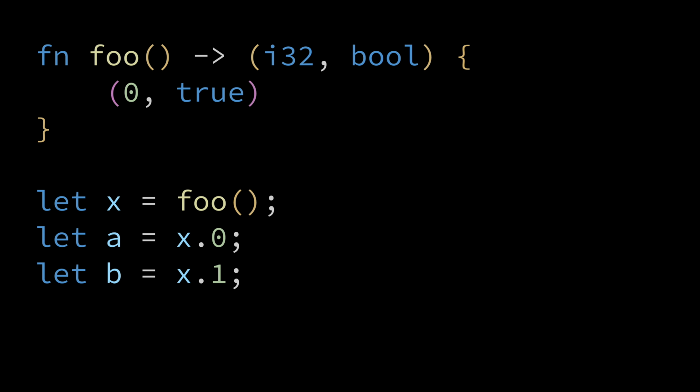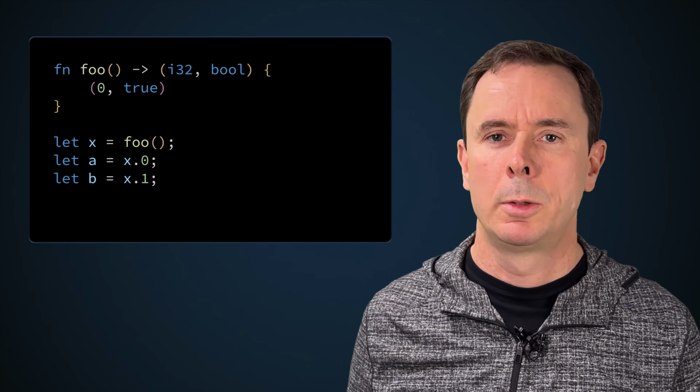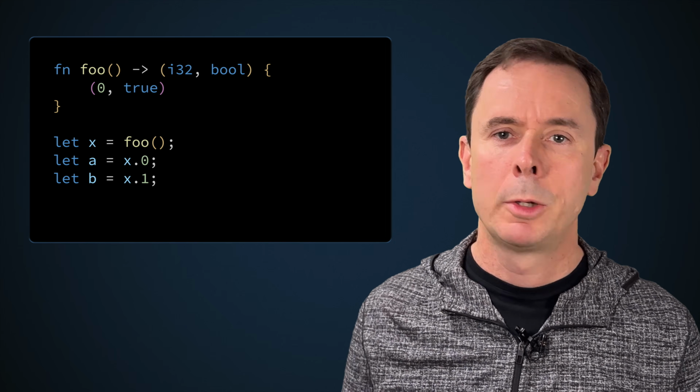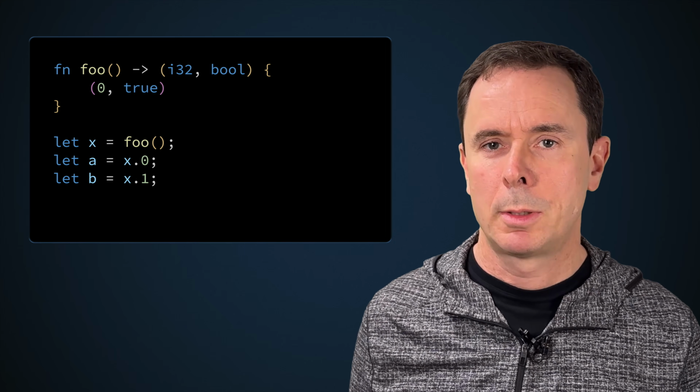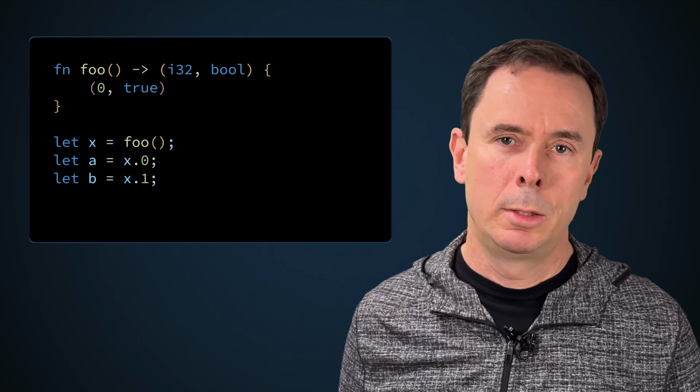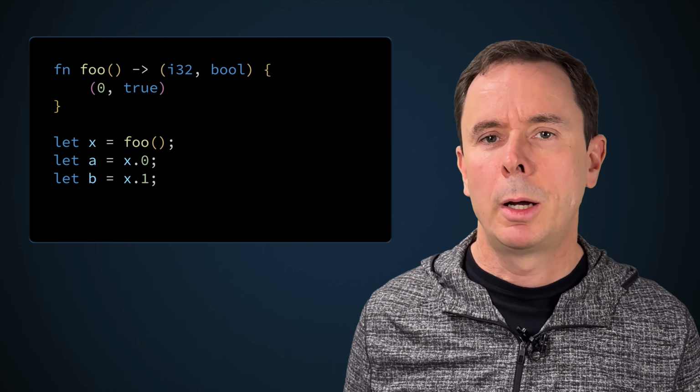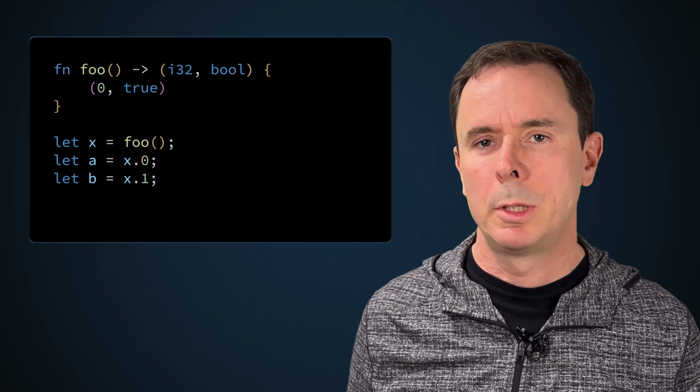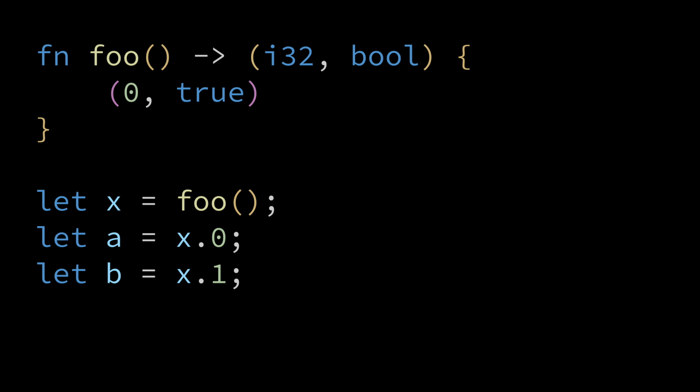Now, I want to be clear here. A tuple is not a list. It's not an array. You can't index into it. You can't iterate through it because the fields can be of different types. These field names look like integers, but they're just the names the compiler invented for the fields based on position in the tuple. It's perfectly fine to access fields of a tuple this way with dot notation, .0, .1, but